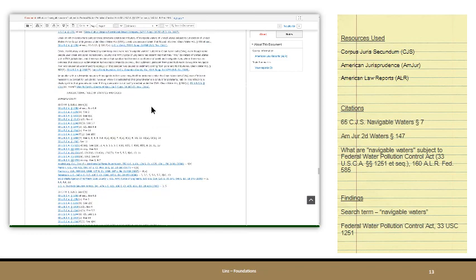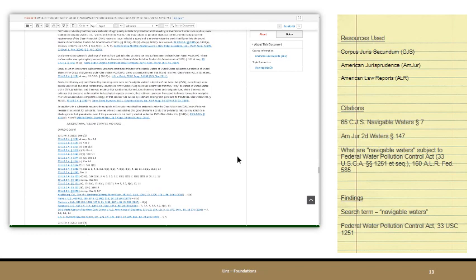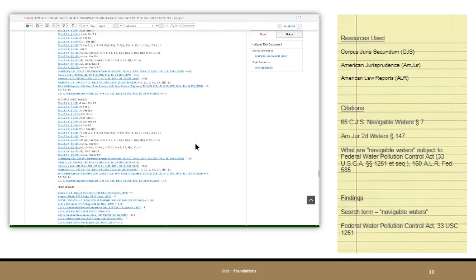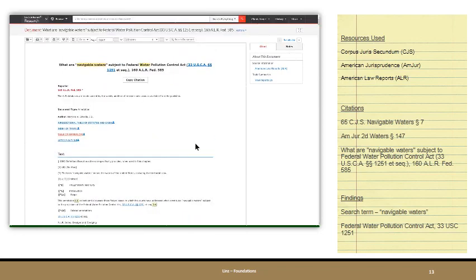So remember, ALR stands for Already Done Legal Research, and you can see that this annotation on what are navigable waters under that act is comprehensive. It looks at all aspects of it and provides us with all the authority that's relevant to that question. And these annotations are updated by the publisher. All right. So there it is. That's ALR, and a way to search it using fields and segments. At this point, we would review it. We would update our research logs with what we found, the citations to this ALR, and authority itself. All right, that's that.